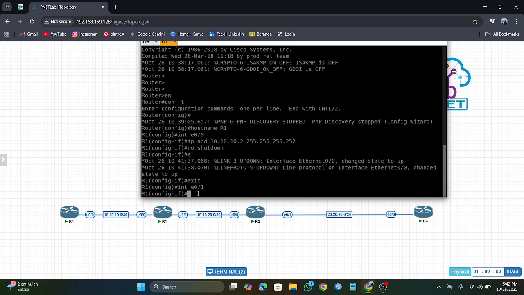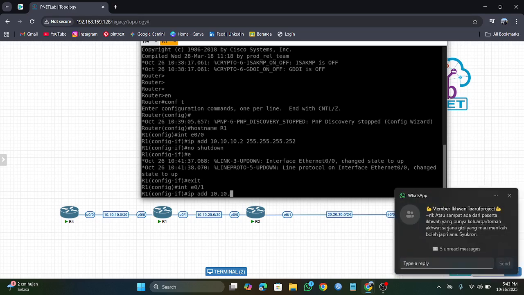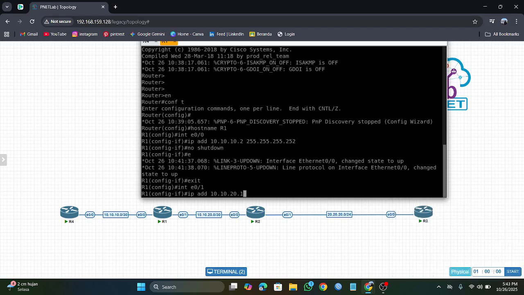You type what? Oh, yes, ip address. Sorry guys. IP address 10.10.20.1 and subnet mask.